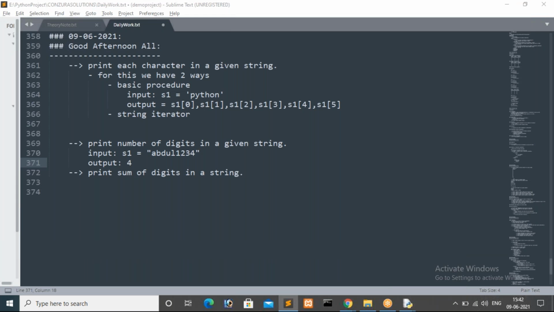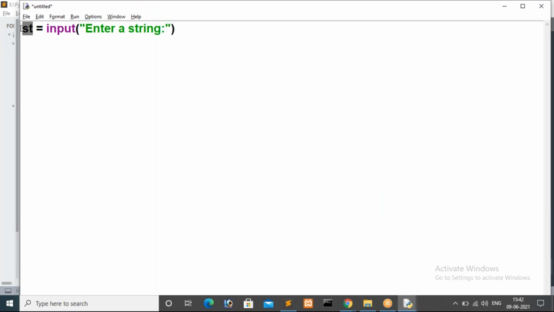For that case I'm going to build a logic here. We are reading the string, that is over. Now we have to check each and every character. Each and every character, in the sense, which concept do we have to use here? We are reading the string from the user, that is st. Now I want to check whether each and every character is a digit or not. For that, what do we have to do? How can we get each and every character?